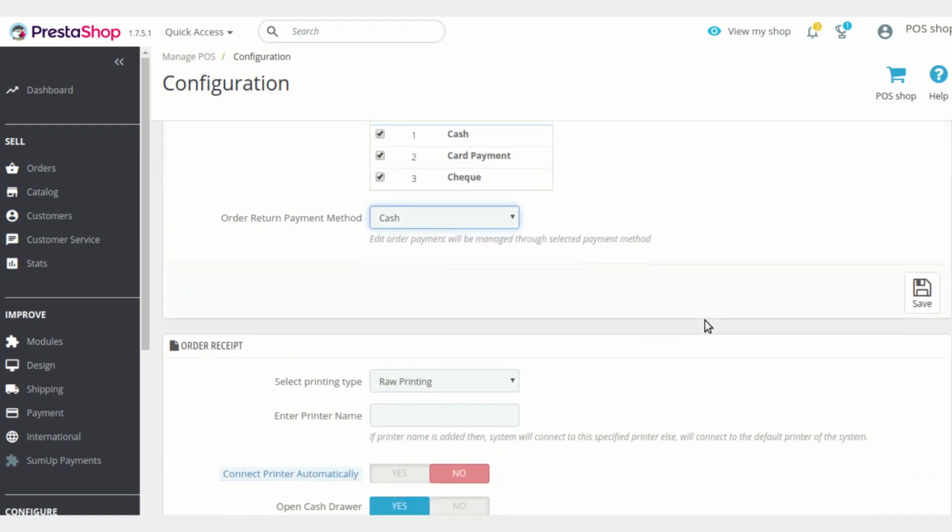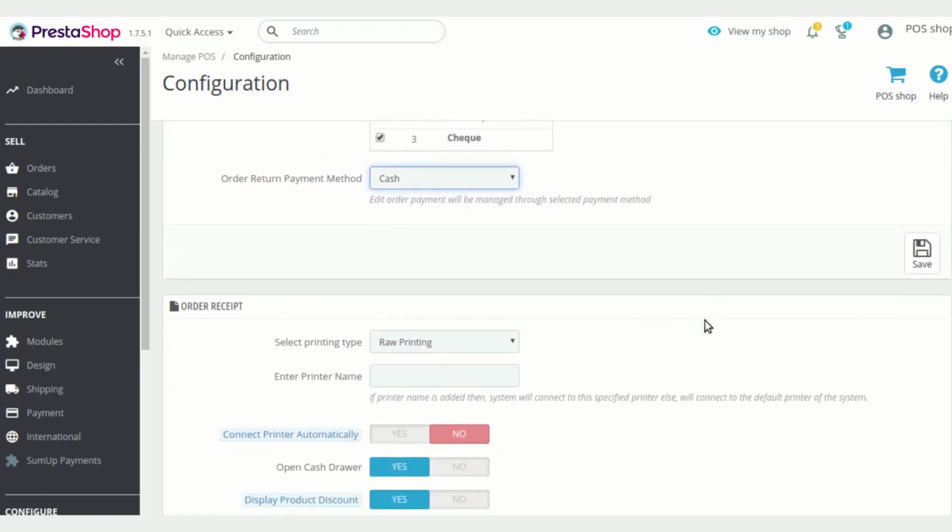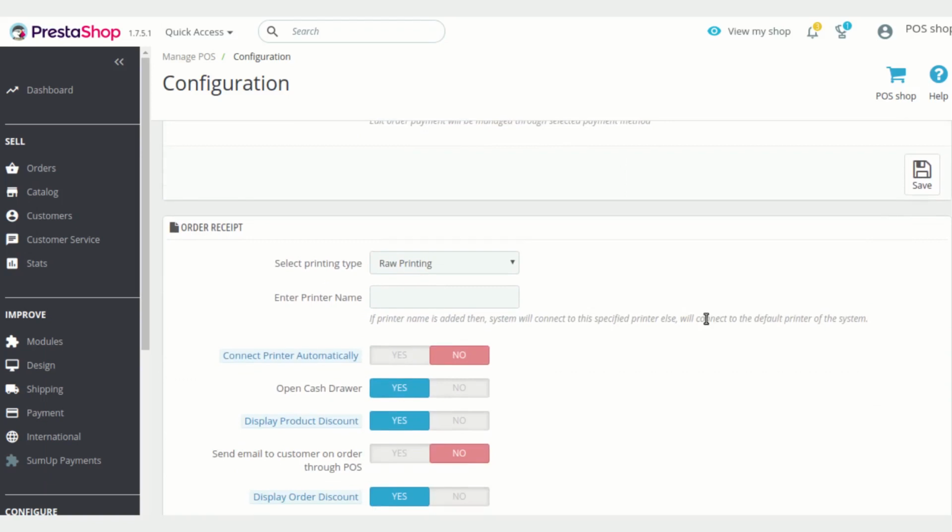Then after that comes the setting of order receipt. How you will need to print the receipts of your order, you can configure here. There are multiple options. The first one is select printing type, which is raw printing and HTML printing.